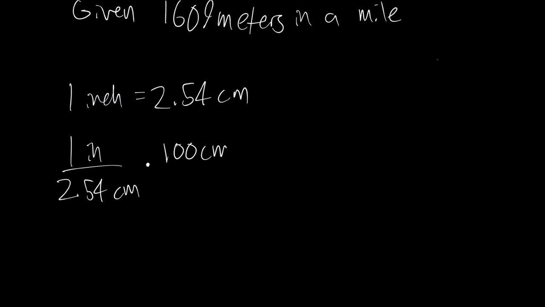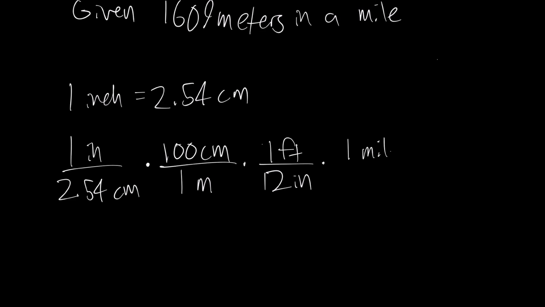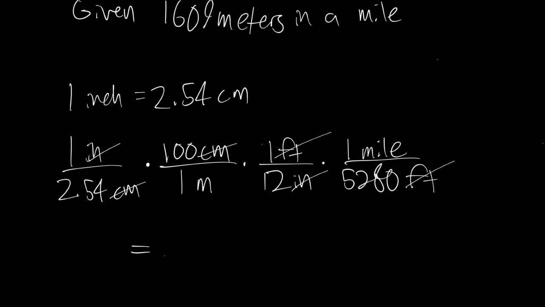We know that there are 100 centimeters in 1 meter, and we know that in 1 foot there are 12 inches. Finally, we know that in 1 mile there are 5,280 feet. As you can see, there's plenty we can cancel. Centimeters cancel out, inches cancel out, and meters cancel out. If we run the numbers, we get that this is equal to